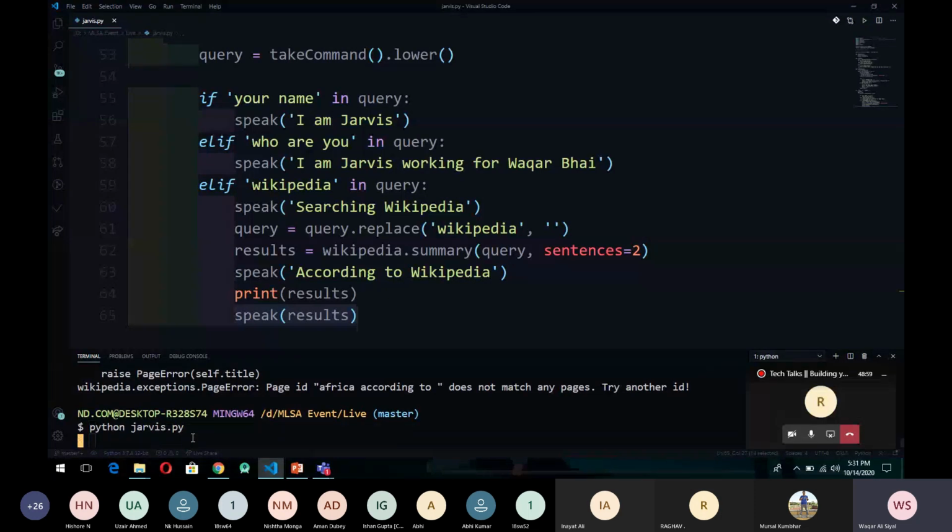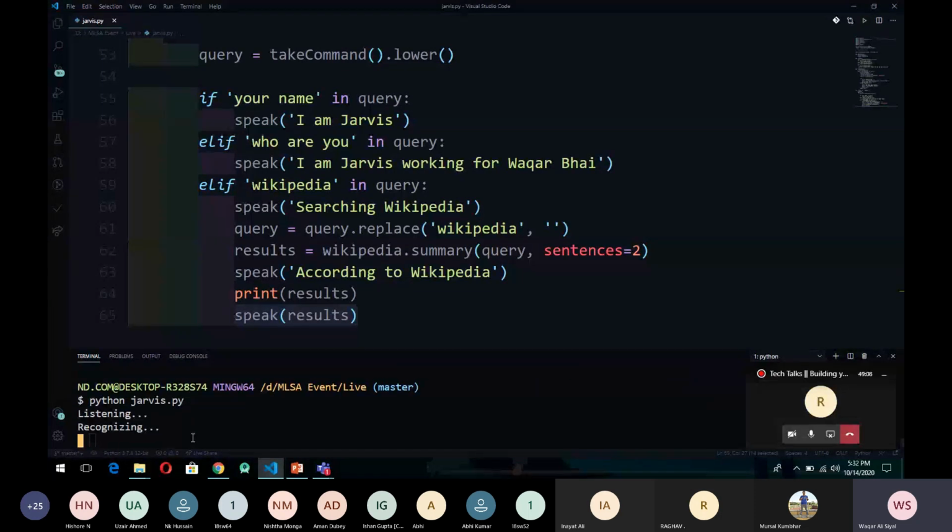Let's run again. Good afternoon. I am Jarvis, sir. Please tell me how may I help you? Shahid Afridi according to Wikipedia. Searching Wikipedia. According to Wikipedia,